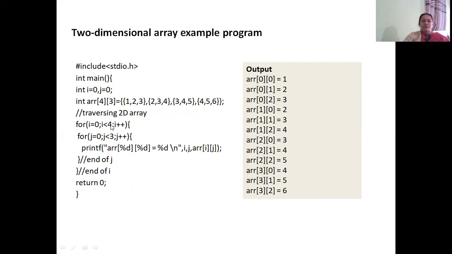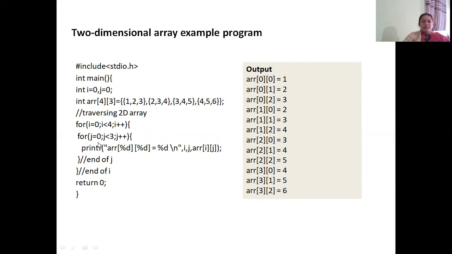So the outer for loop runs totally for 4 times because it moves from 0 to less than 4. So 0, 1, 2, 3 are the terms of the outer for loop. For each value of i, that is when i is 0, j runs for 3 times, 0, 1 and 2. When i is 1, j runs for 0, 1, 2. So by doing this way, we can access each array element.